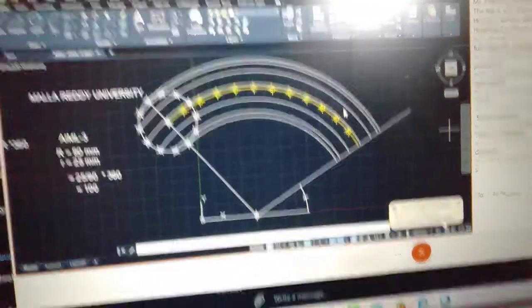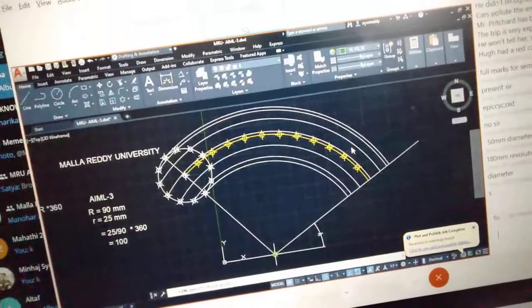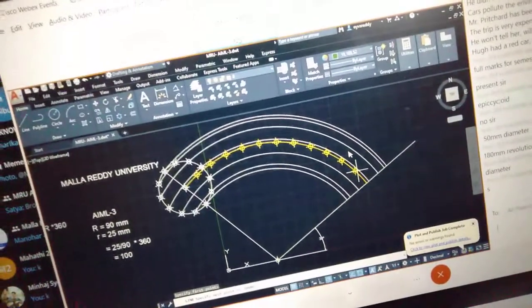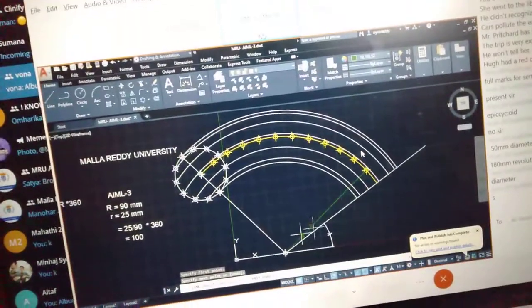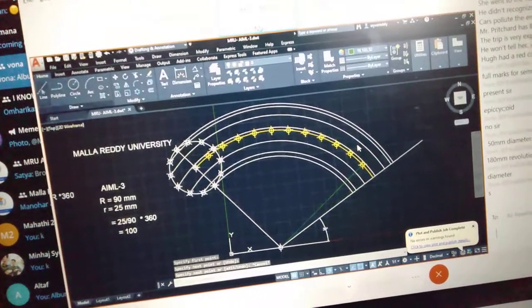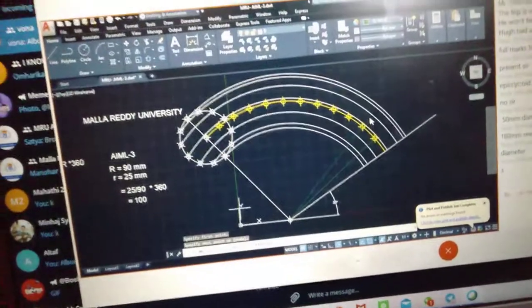Now, after dividing this, from this center point, join the lines up to this point. Draw the lines up to that particular point. From this point onwards, draw the lines up to this particular point.